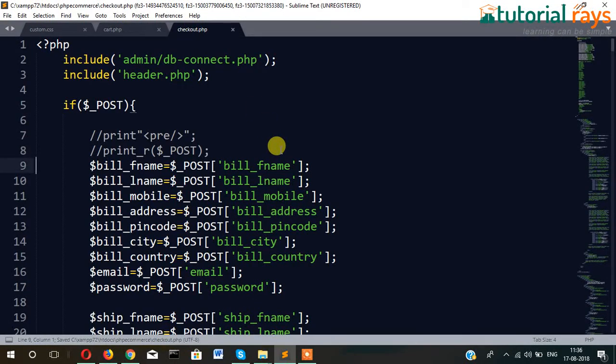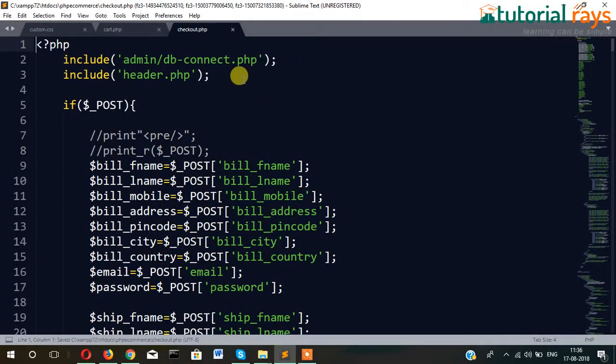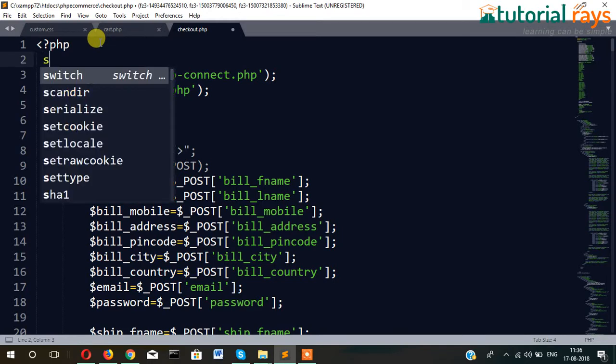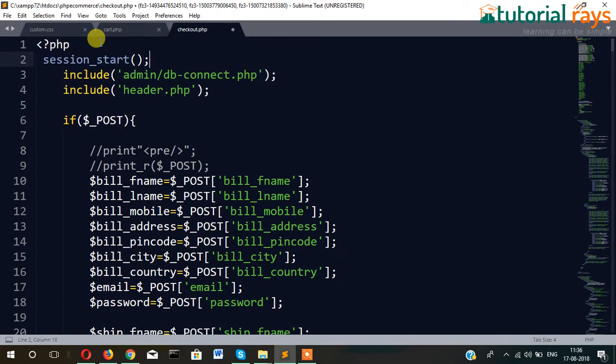Here we have already written, and one more thing, we need to start the session here, only then we can access it. So you remember, either you want to store a variable in session, or access a variable in session, you must start the session. So session_start,